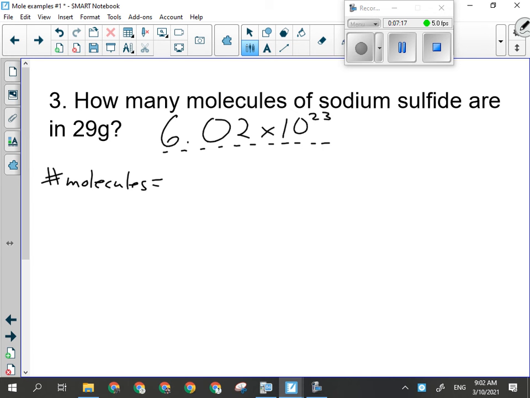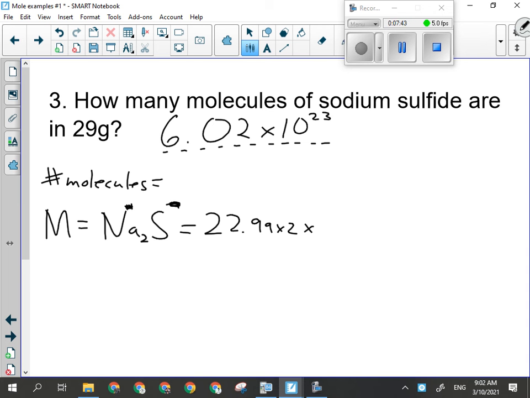All right, so the first thing we were told is that this stuff is sodium sulfide. So Na with S, it's an ionic compound that'll need to be dropped and swapped. +1, -2, so we're looking at Na2S. Now I can calculate the molar mass: 22.99 times 2, so that's my 2 sodiums, plus